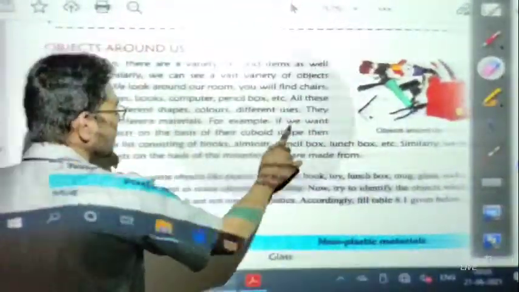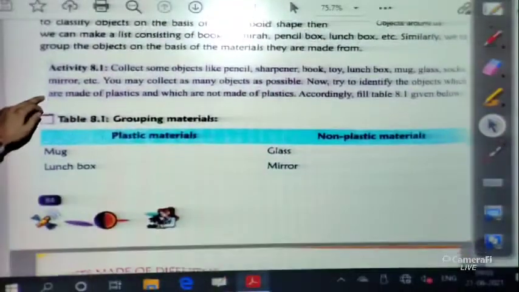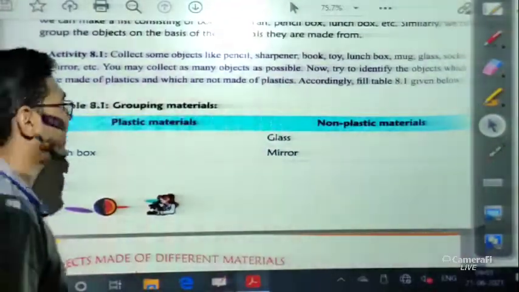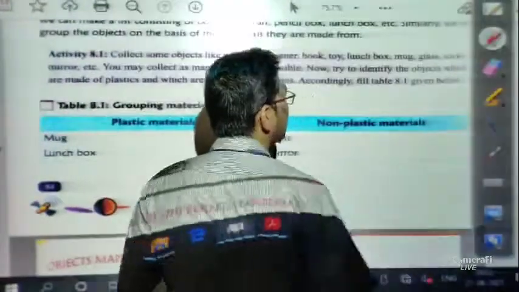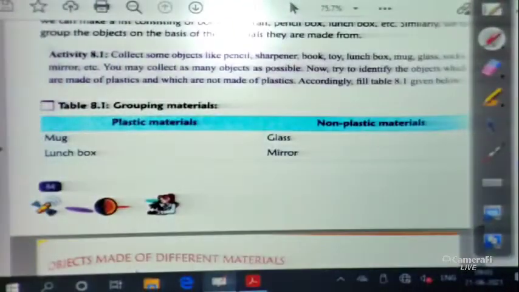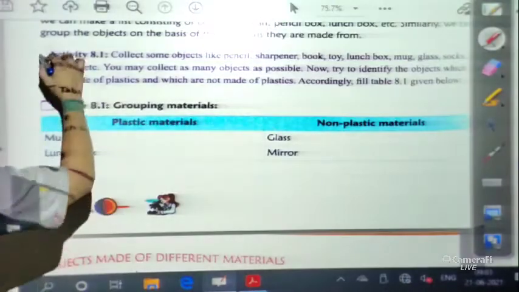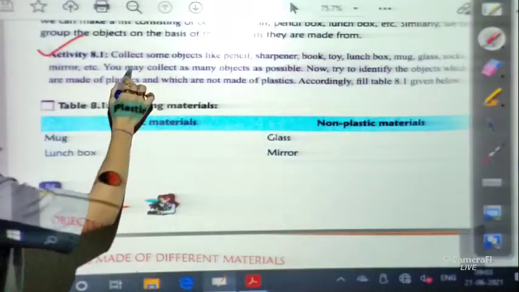I hope students you have got some idea about the introduction part. Now there is one activity which we call activity 8.1. Let us discuss activity 8.1 first. What does this activity tell us?